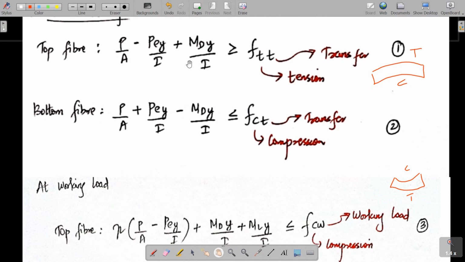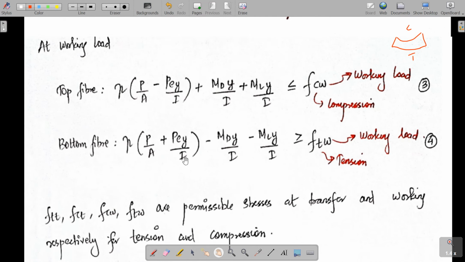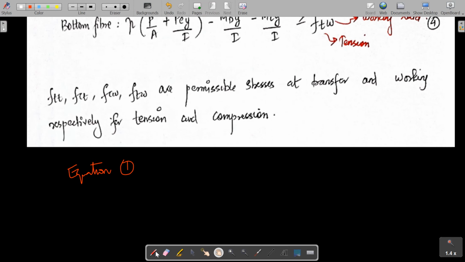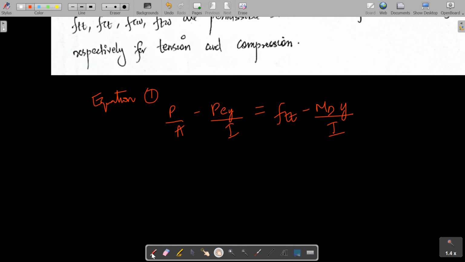So from equation 1 I will get P by A minus P into E into Y by I is equal to FTT minus MD into Y by I. Substituting this value in equation number 3,